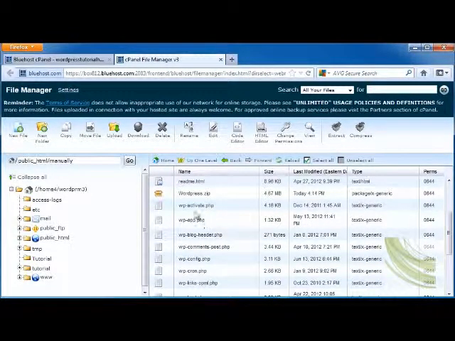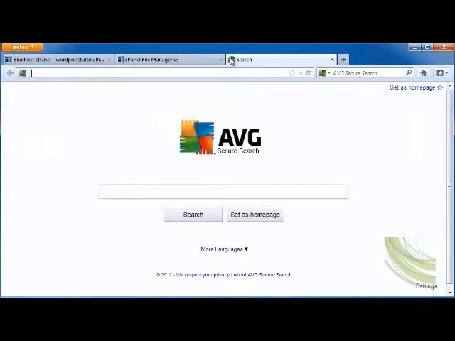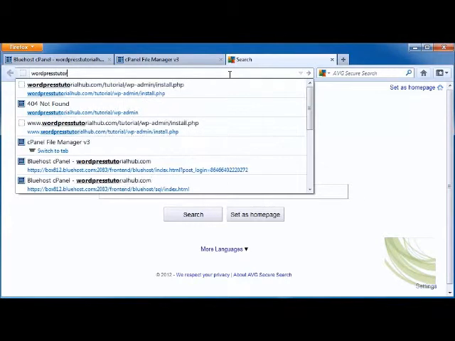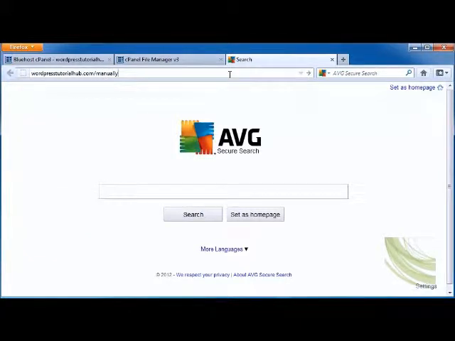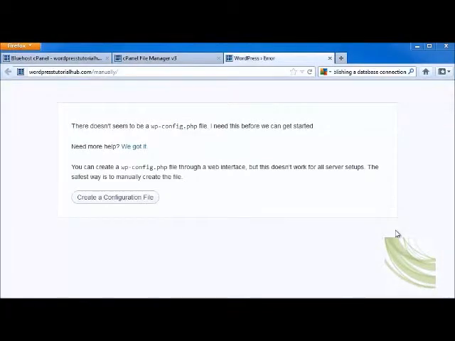So now to go ahead and install it, I'm going to make a new tab, and I'm going to type in here WordPressTutorialHub.com/manually, because that's the name of the folder, and click Enter. Once you type in the name of your website, slash, and the name of the new folder you just added or database, you're going to come to this screen that says there doesn't seem to be a wp-config.php file. And then it's going to put up a button for you to create a configuration file,